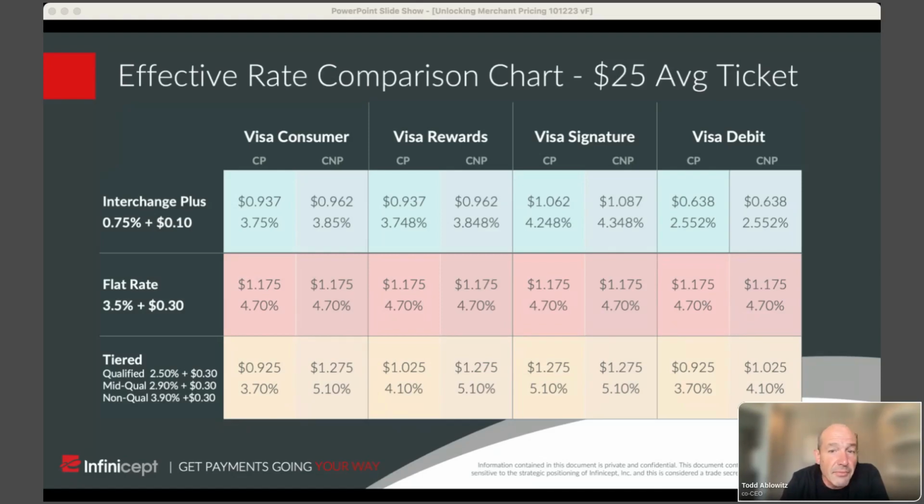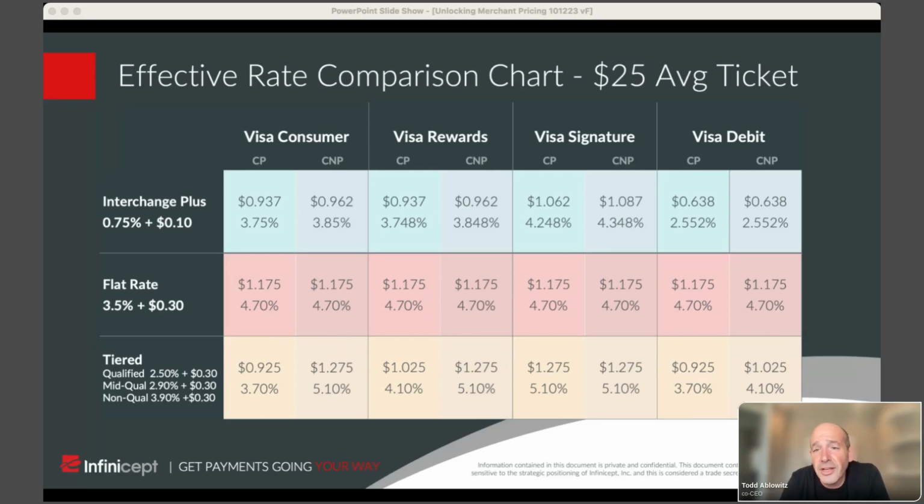And so for flat rate, you're going to pay the same thing for every single transaction. But in order to make it at least as profitable as other methods, it's even a little more expensive than the most expensive interchange plus effective rate on here. And keep in mind, I just chose these prices arbitrarily, and I made them purposely kind of high on all of them because this is what you might see advertised, or what the opportunity might be to charge. So for flat rate at 3.5% and 30 cents, that comes to, on a $25 average ticket, 4.7% or $1.175. And why would I add the third decimal point?